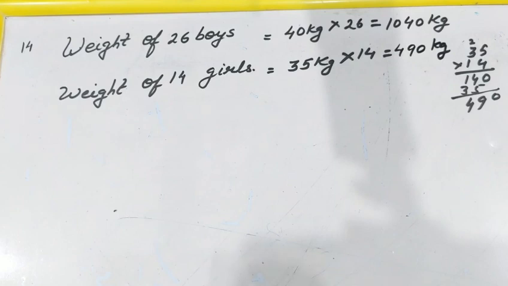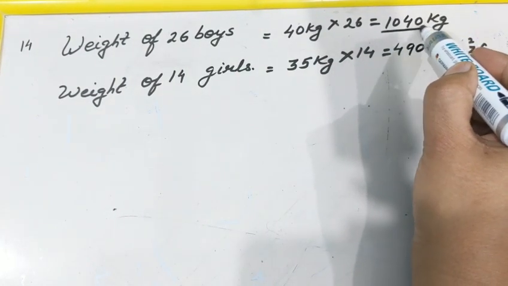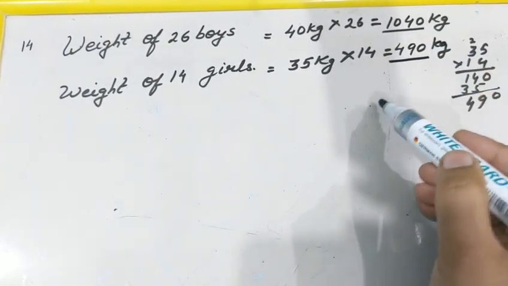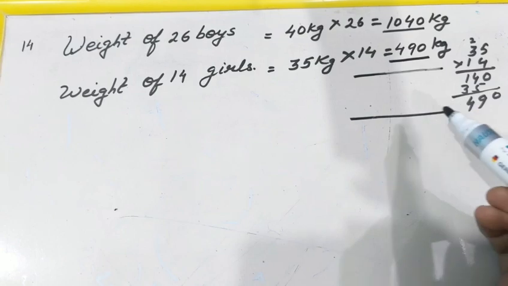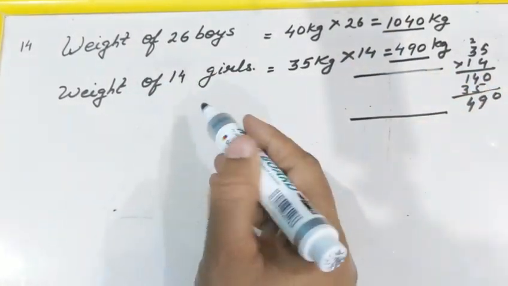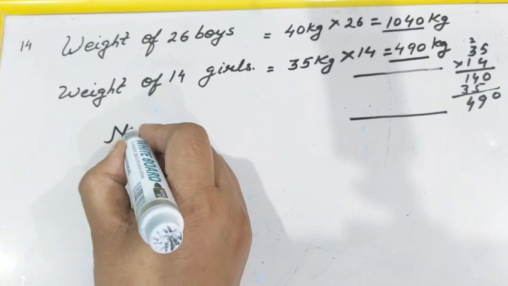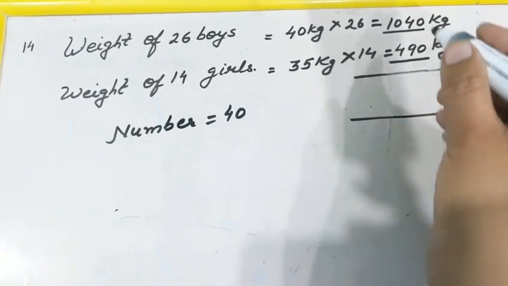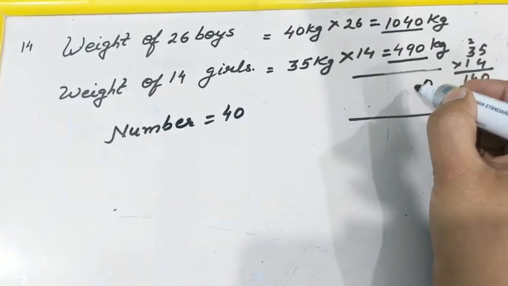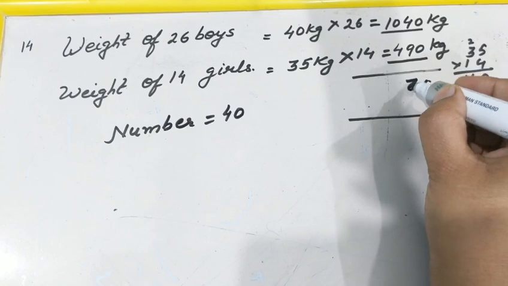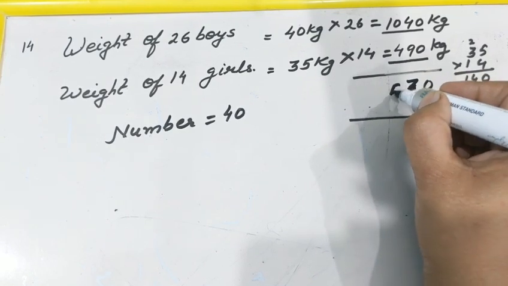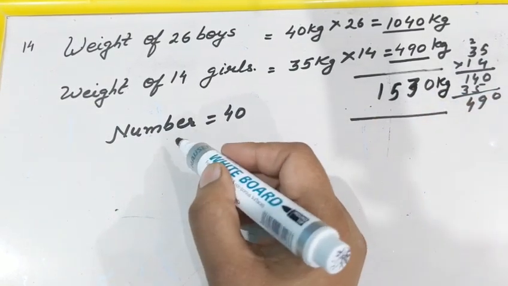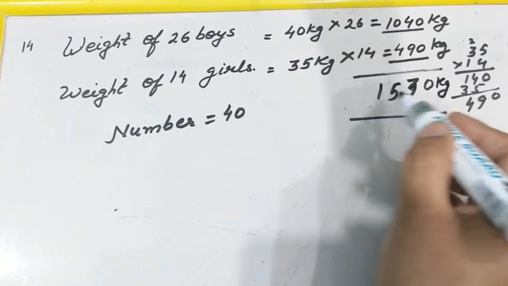kg. This is the weight of 26 boys. This is the weight of 14 girls. So when you add the two, you'll get the total weight of how many students? 26 plus 14, that is total number of students equals 40 and their total weight is the sum of 0, 9 plus 4, 13, 3 down, 1 carry over, 5 and 1, 1530 kg. Hence the total weight of 40 children is